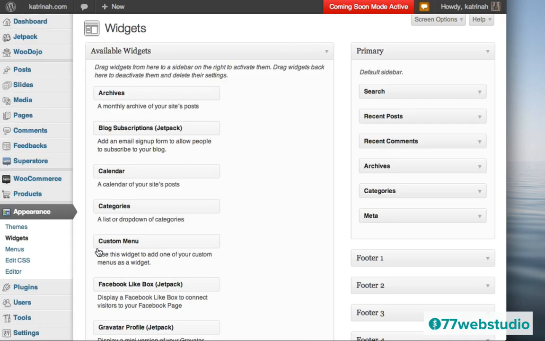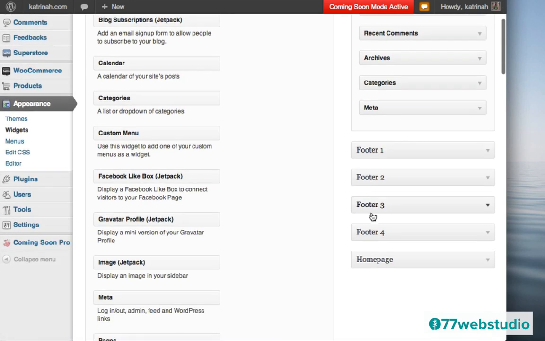And widgets give you a way to add customized content to your sidebar. So here on the right-hand side, you'll see the different sidebars that come with the Superstore e-commerce theme by WooThemes. We have a primary sidebar, which is the default sidebar, and then you have several footer sections here, and then you have the homepage sidebar.